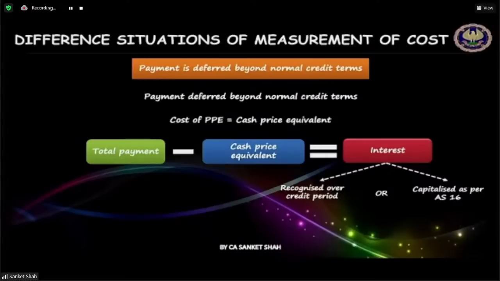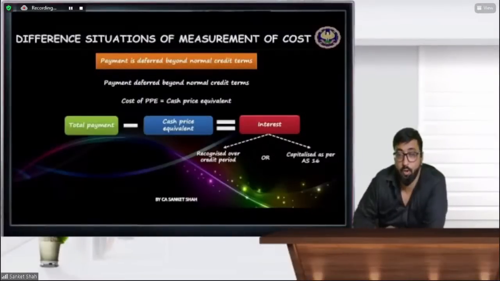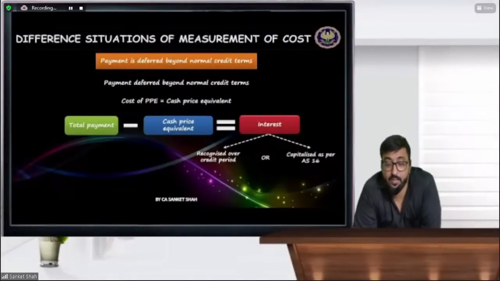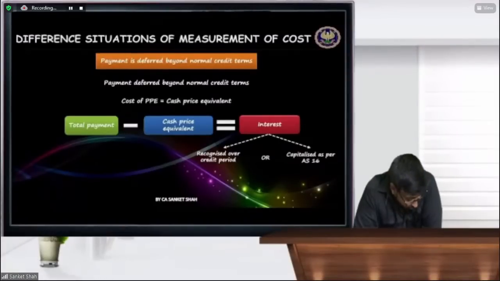Self-constructed asset. What is the example? Suppose you are constructing one building for your administration purpose, in that case it is called a self-constructed asset. You are doing self-construction, not buying any ready-made asset. For example, if you prepare your own software for your own purpose, AS 26 is applicable. The second group faculty will take care of AS 26, intangible assets in case of software. But suppose you have any customized equipment as per your requirement, it is covered as a self-constructed asset. I hope you got the concept.